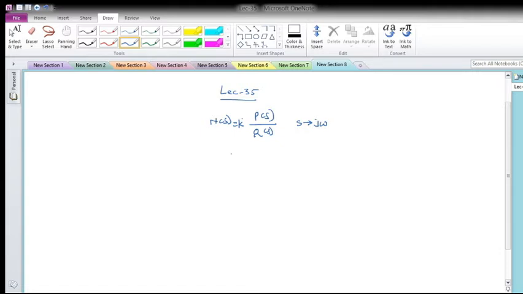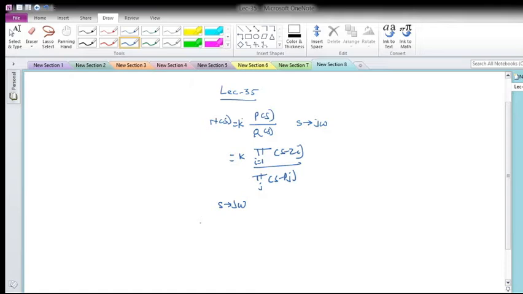Then we can also write this as the running product of the zeros and poles, that is, the product over i equal to 1 to m of (s minus zi), divided by the running product over j of (s minus pj). We say that zi are the zeros and pj are the poles. Now I would like to evaluate in the j omega domain, so for that s will be replaced by j omega.